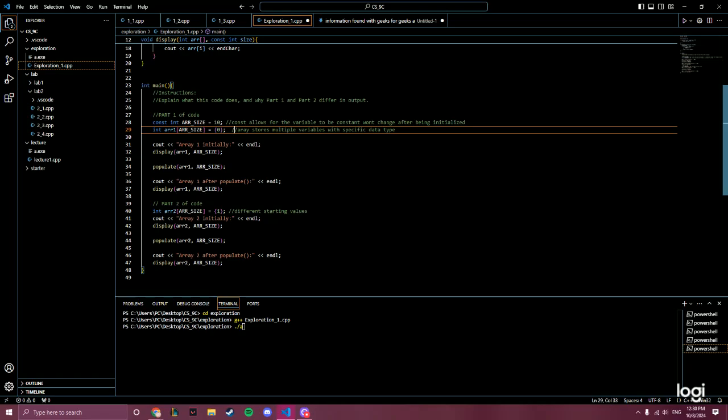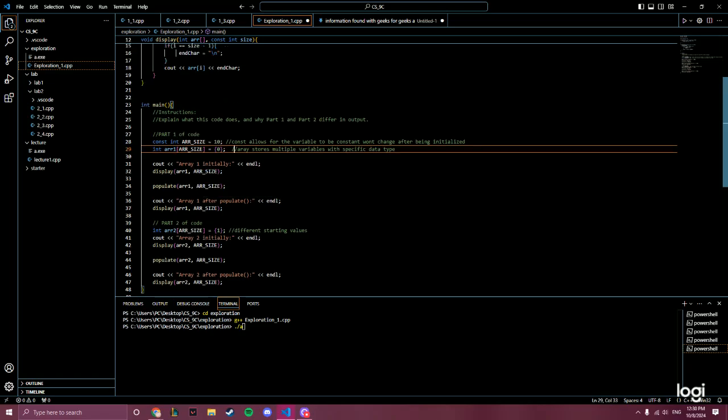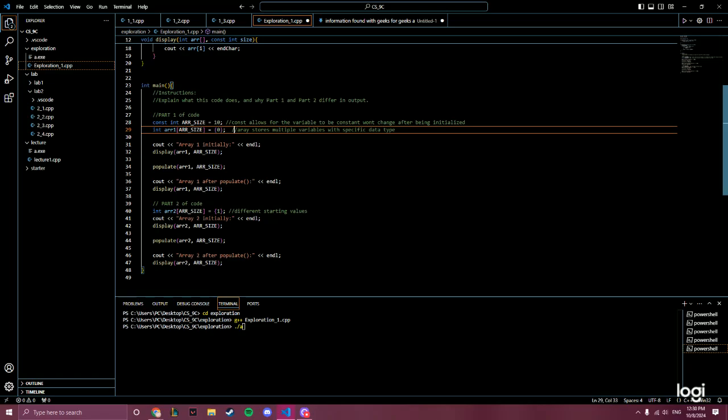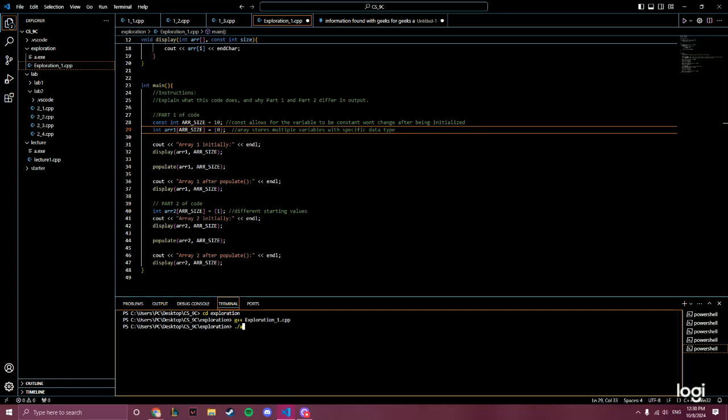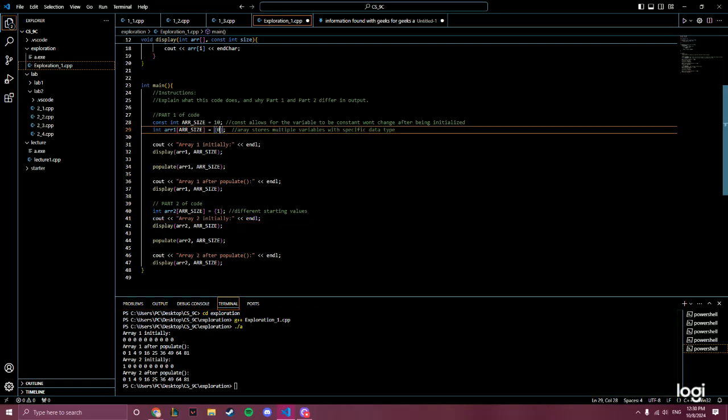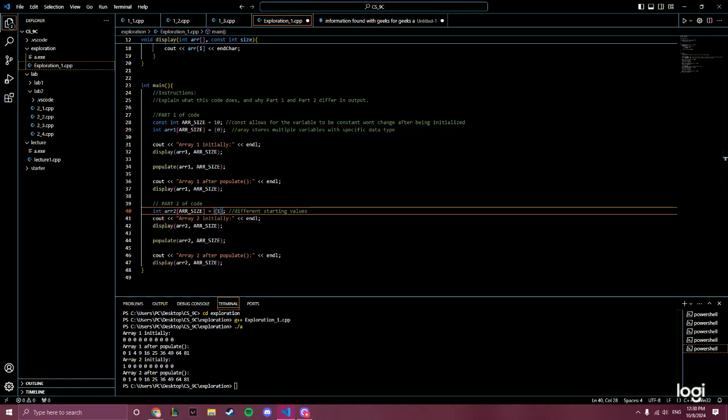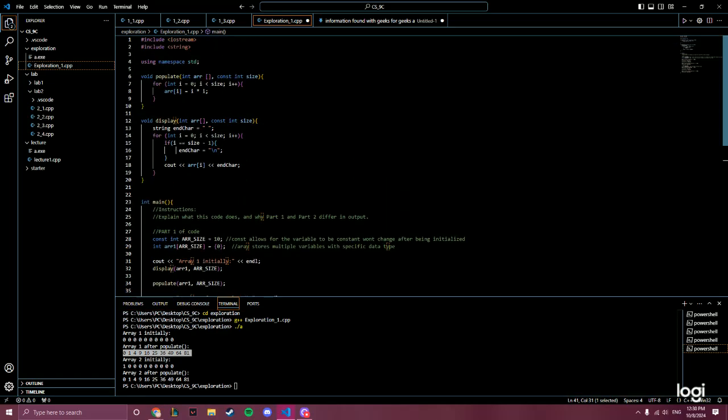And then the reason why these two are about the same and they don't really differ all that much is the output. If we see right here, array 1 initializes as 0, 0, and so on, but array 2 initializes as 1, 0, 0, and so on. This is because their starting values are different, but they output the same after being populated, because here in the